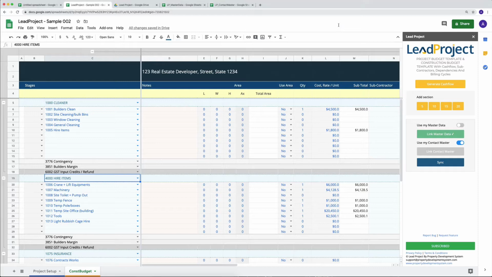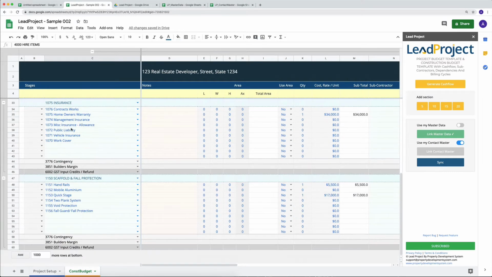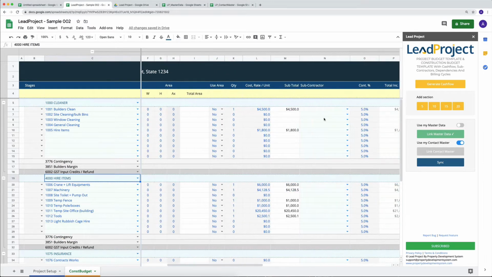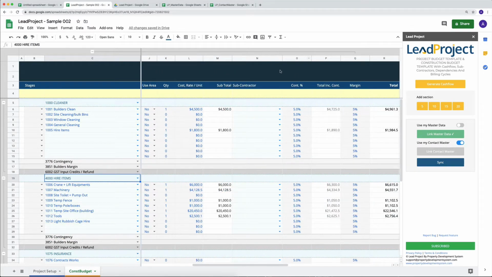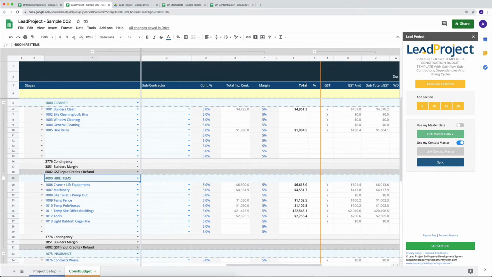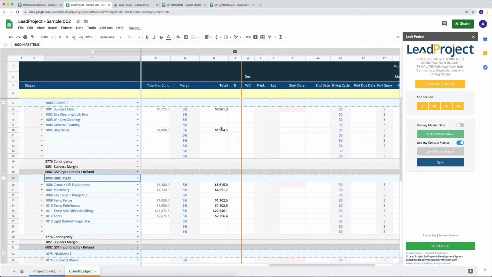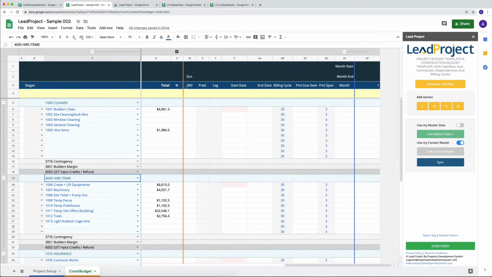All right, let's say we've got certain items that we have in our budget. We've allocated certain costs to them per unit, and we've got a subtotal. We've added a 5% contingency on them, and we've got a total with 5% margin on them as well. So let's just minimize the GST section. That doesn't concern us. Now, in the next video, I'll discuss how the dependencies work and how the